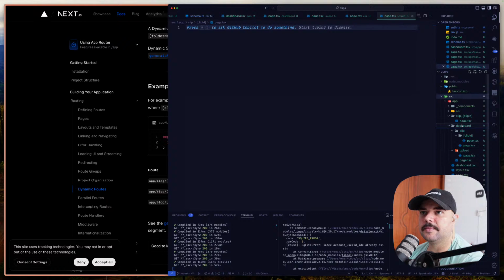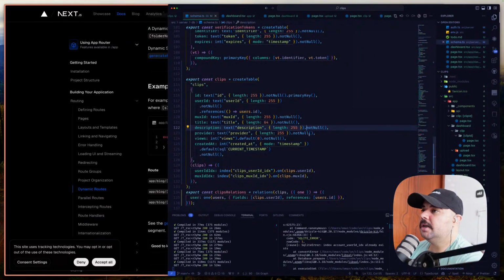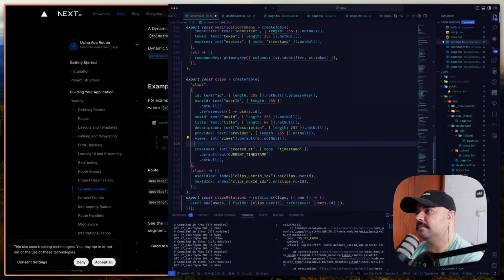For logged in users, they can go to their dashboard. They have a separate upload page. The dashboard main page will just show a list of all of their clips. And then if they click into a clip, it will be a similar page to this one, except that they'll be able to edit it and set permissions on it. That's actually a good thing that we forgot here. We need to have on here